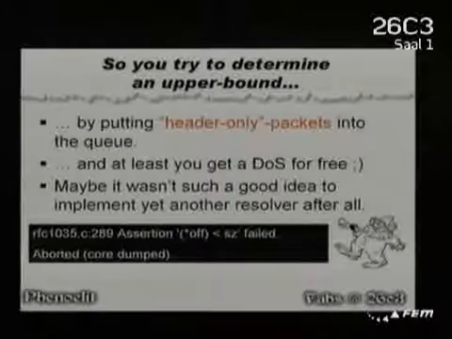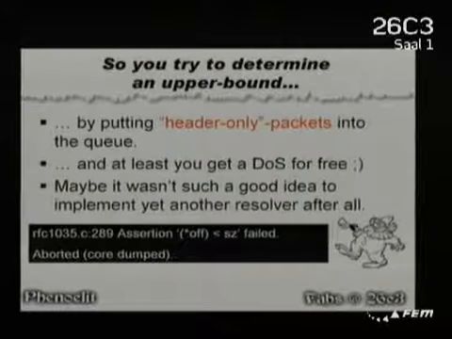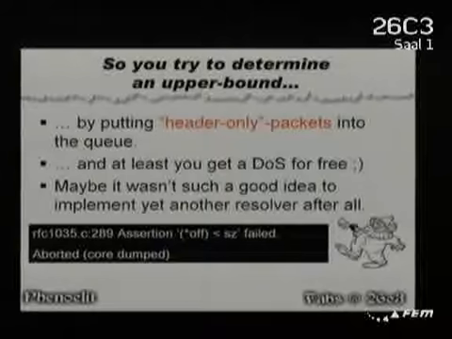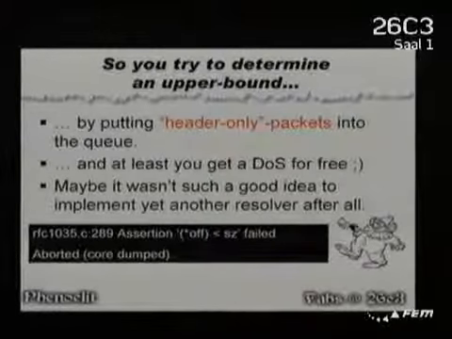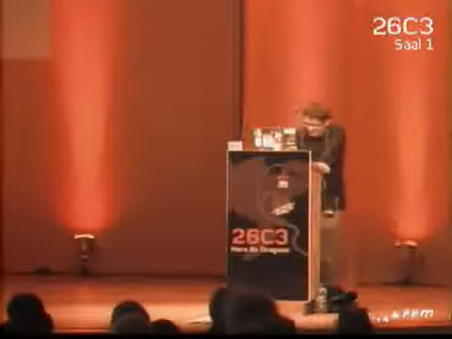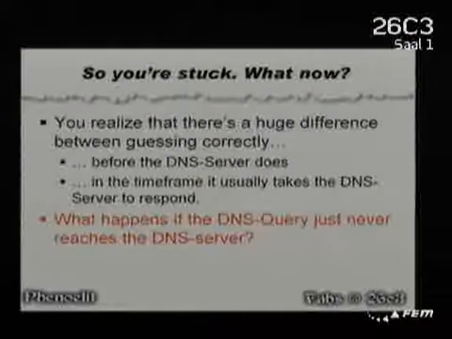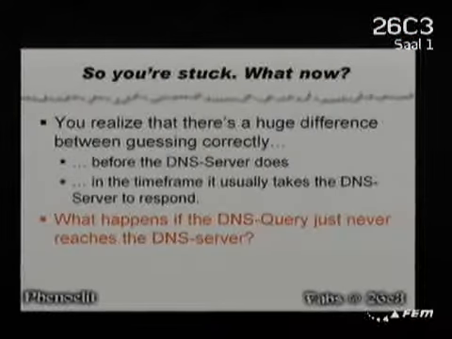So I tried to determine that upper bound. I wanted to know how much can I place in practice by sending header-only packets, which then gave me this DOS for free. So you're stuck. It's right before Christmas and you're stuck. But then you realize that there's a huge difference between